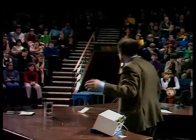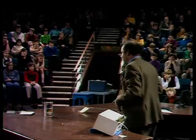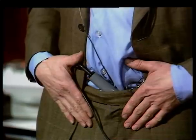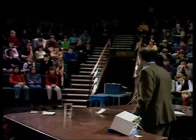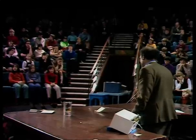Now, it is this effect, of course, which gives people a hernia or rupture, because if they try and lift something which is too heavy for them, the pressure inside their abdomen becomes too large for the abdominal wall, and you get a bit of the contents breaking through and causing a rupture. One could, for instance, use these pills to investigate what kind of pressures people were developing in lifting